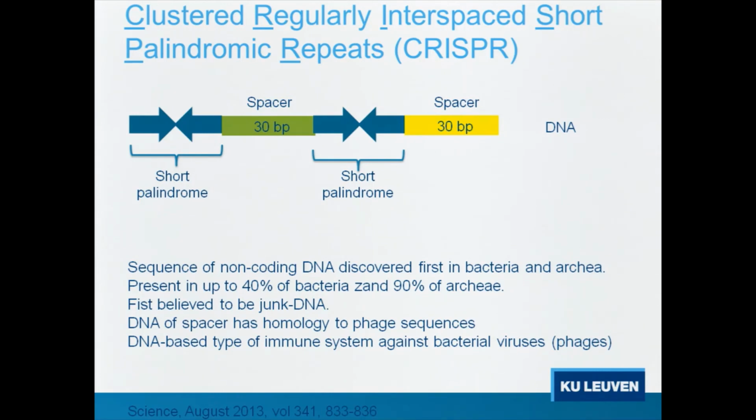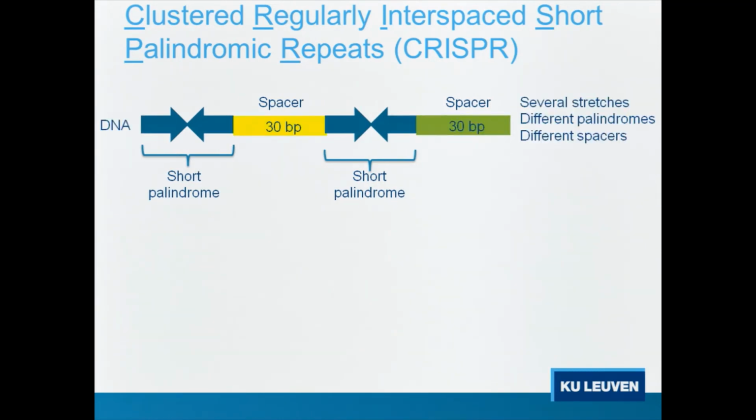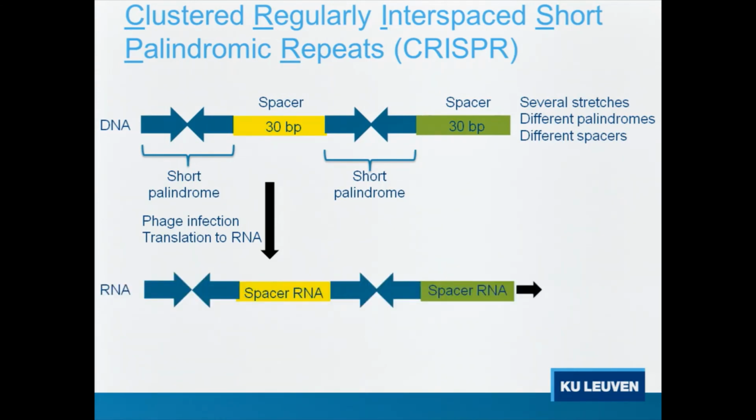Things accelerated when people realized that the spacer DNA actually has homology to phage sequences. It turns out that this system is a DNA-based type of immune system which protects bacteria and archaea against viruses, the phages that infect these cells. What happens is that this stretch of DNA, when there is a phage infection, gets transcribed into RNA. And then these palindromes fold up, and you get